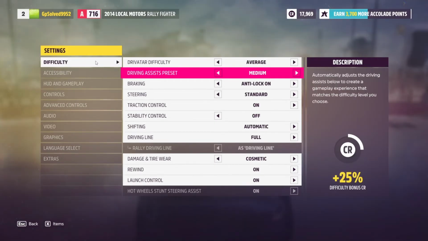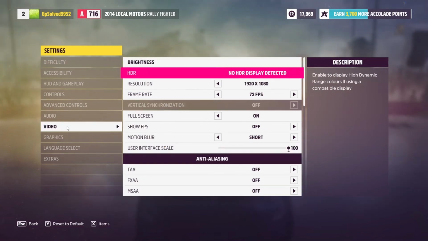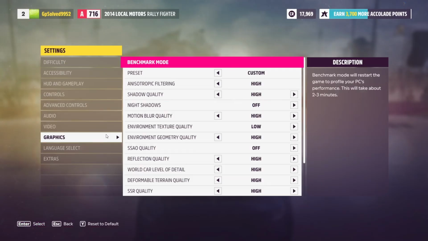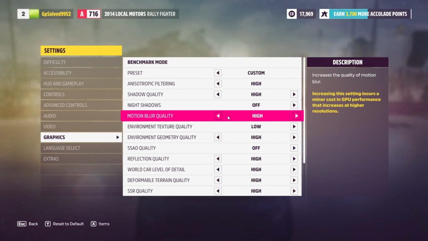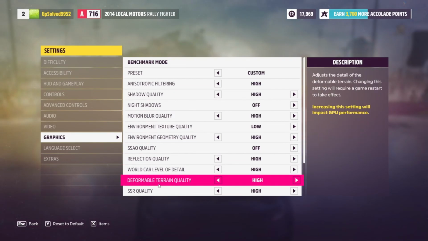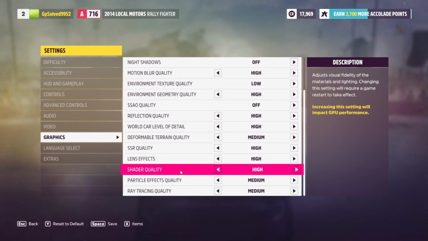Now, if you also lower your difficulty, then you would get way fewer NPC cars, and that will also improve your game, so you shouldn't get that low video memory error. And of course, you want to play with other graphics settings and maybe lower some of those in order for this error not to appear basically. So we can lower some of the other settings right there. Just play around with those and see if that fixes the